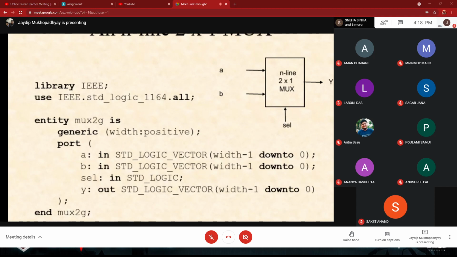So these are A, B and SEL, the input side, and the corresponding data type is mentioned here. On the output side, Y is the output, again a standard logic vector with 1 down to 0. Then it is terminated by a semicolon and the end of the corresponding entity, end mux2G. So this is how we build the entity.